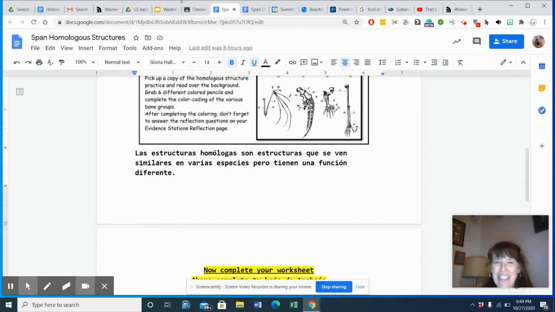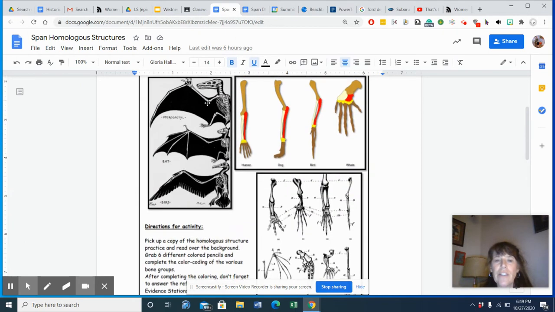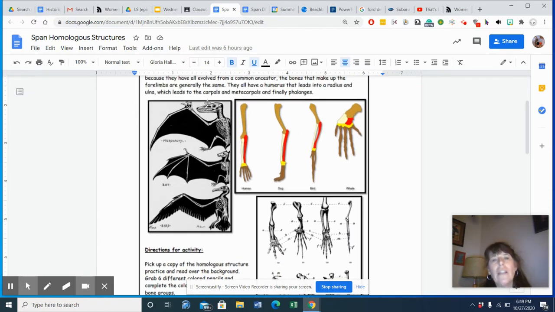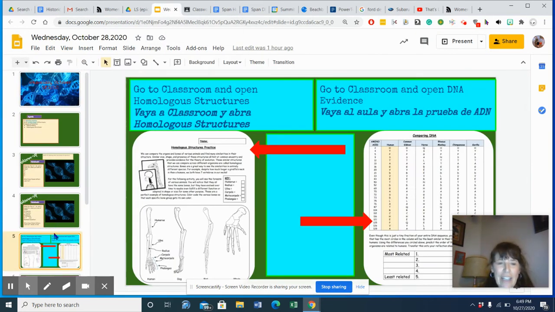Anyway, so if we start with this one, you would want to read over these instructions about homologous structures. And a homologous structure is simply where you have similar structures but different functions, right? So different jobs. So our arm, a dog's leg, a bird's wing, a whale's fin. So then, looking at these activities,